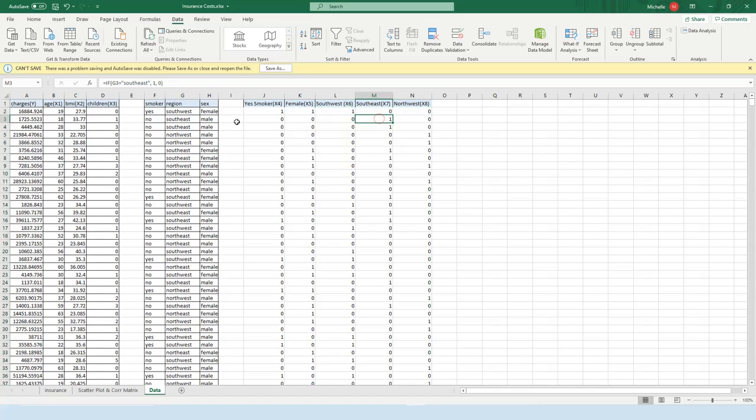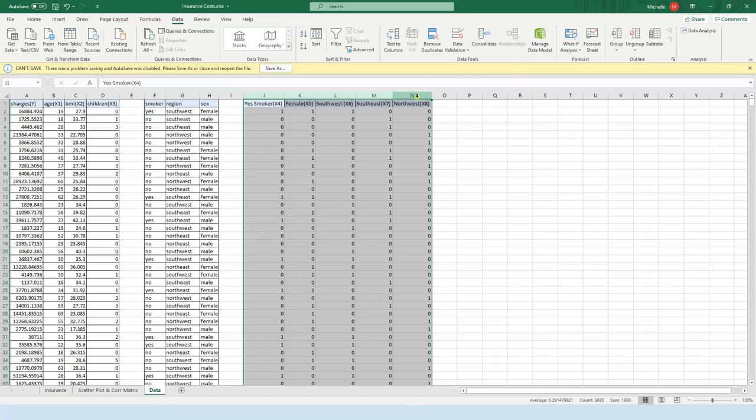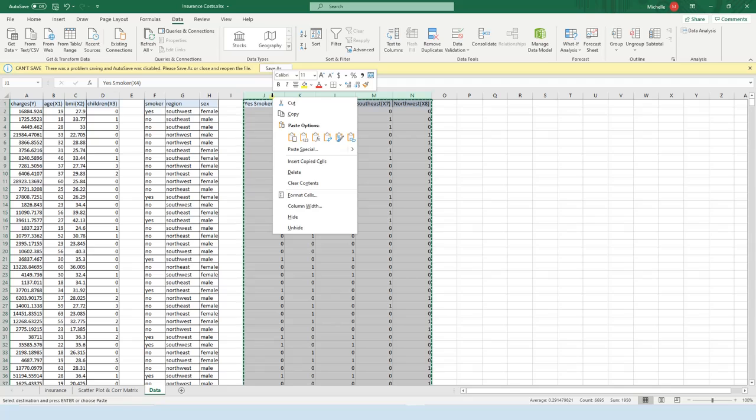So you can double check. See, southeast, that one is 1. For this one here, northwest, good. If we have northeast, we should have all zeros, good. Okay. So now highlight these and right click and press copy, and then right click again and press paste